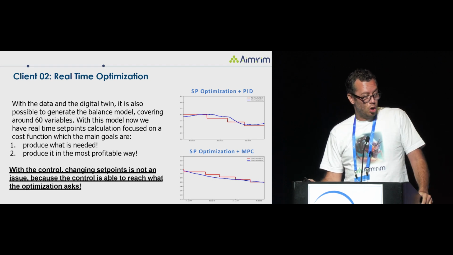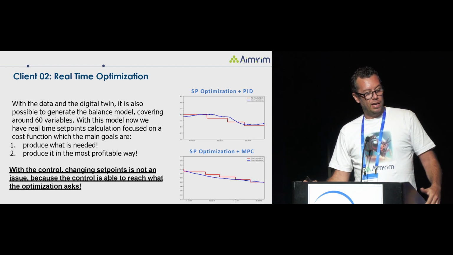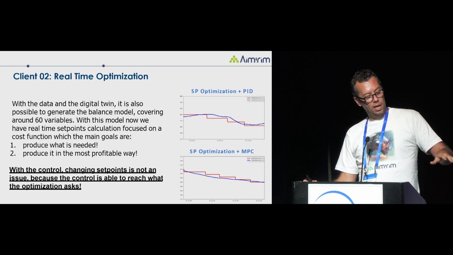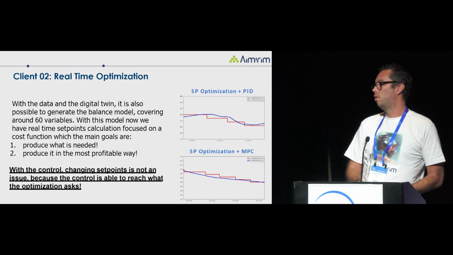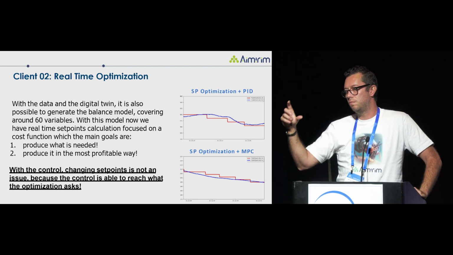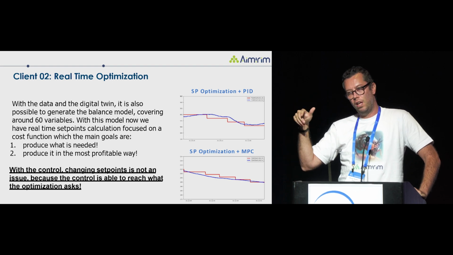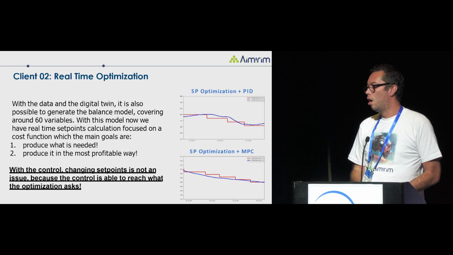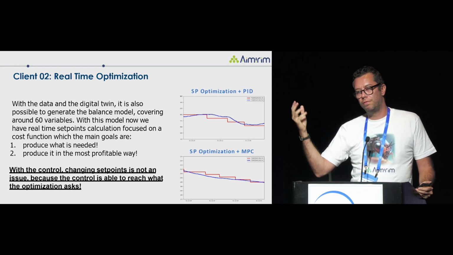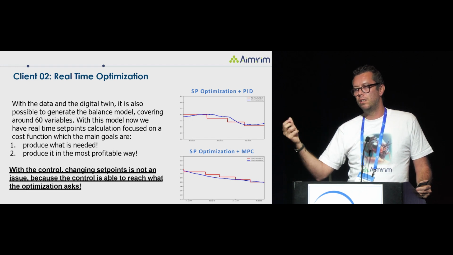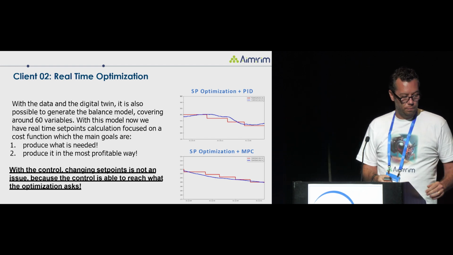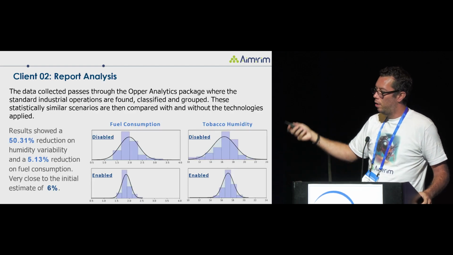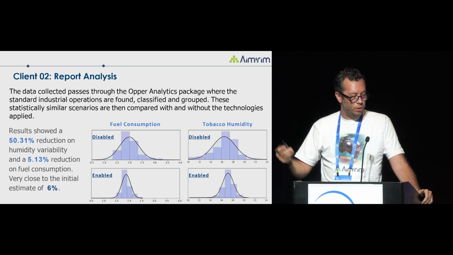Then we also tested the real-time optimization, never forgetting to produce what is needed and produce it in the most profitable way. In this case, it was around 60 variables. So, 60 variables in a single board computer with 4DAC deployed in the hardware, no talk to IT people. Direct communication with the PLC, and we have communication with Rockwell, Siemens, any Modbus, GE, ABB. All blocks in 4DAC. And then we deployed it in the field and got the results.